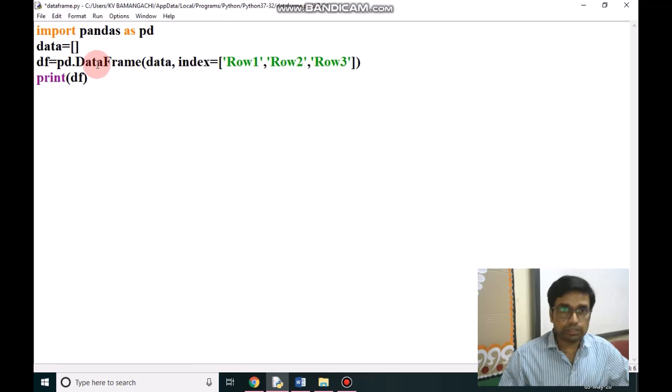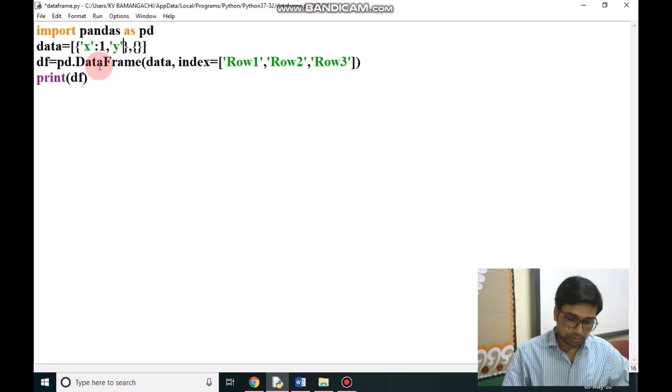This is a list, and I am giving here two dictionaries. First key is X. X is a string, so I will enclose it in single inverted commas. Paired value is 1.